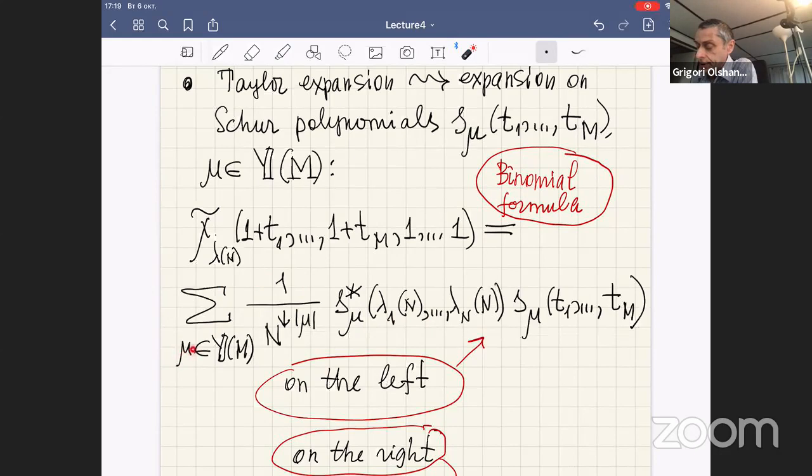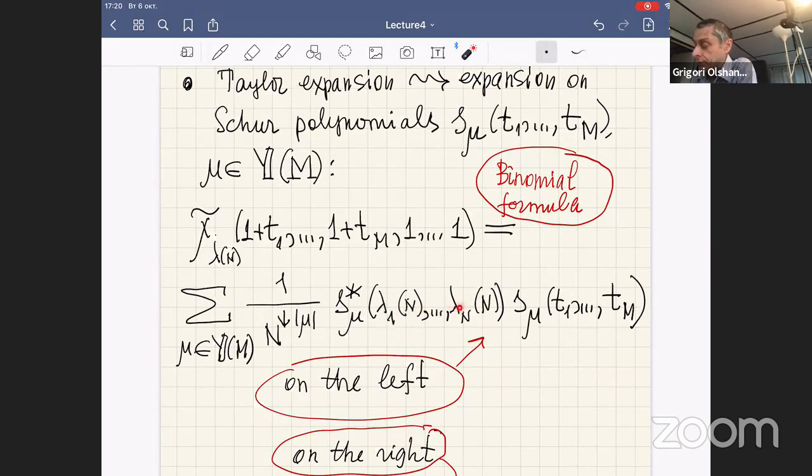So mu is an arbitrary Young diagram. I recall that these are signatures here. These are polynomial functions, which is reasonable. So these are series on Schur polynomials. Mu is a Young diagram with at most m rows. And this guy is some relative of a Schur polynomial, the shifted Schur polynomial, evaluated at our signatures, but